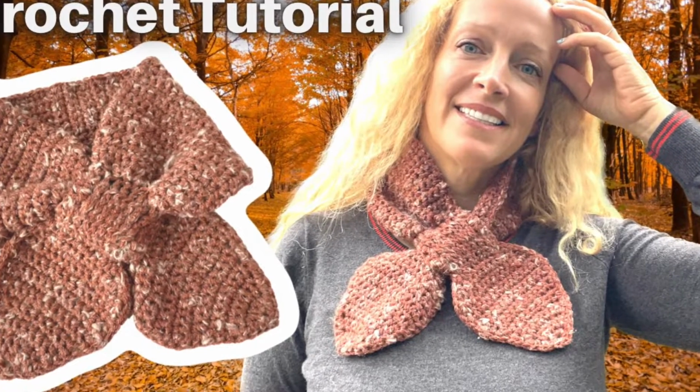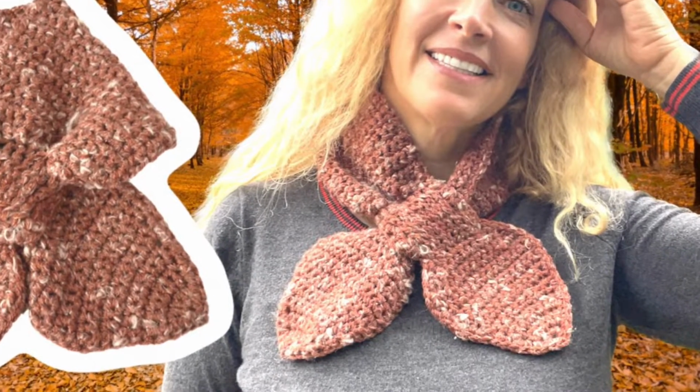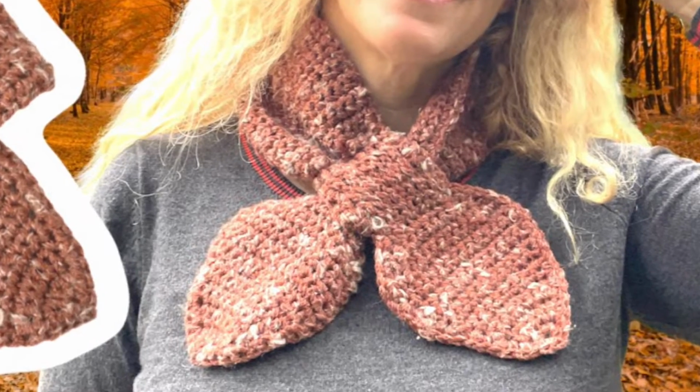Hi, this is Kalia from Crafting on the Fly, and today I'm going to show you how to make this fall leaf scarf. So now that it's fall, I'm thinking browns and greens and falling leaves, probably just like anybody